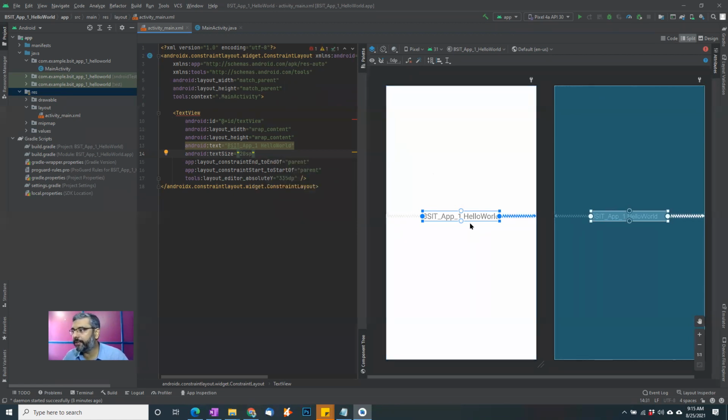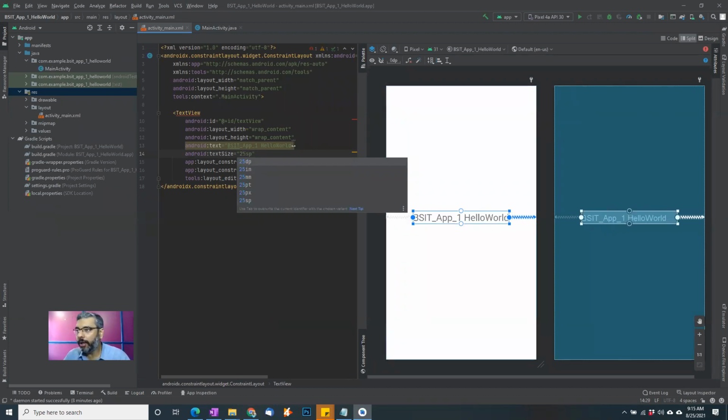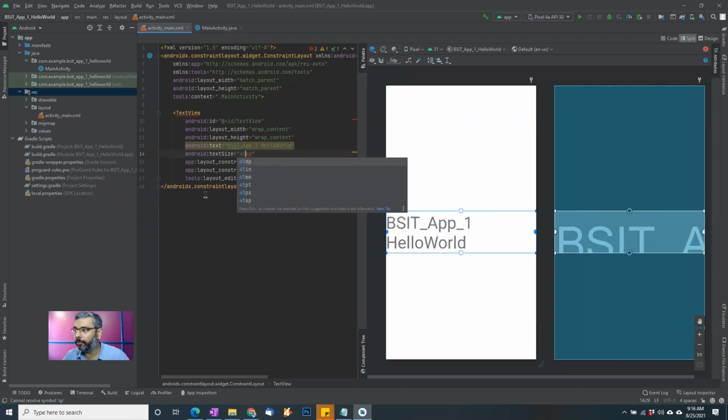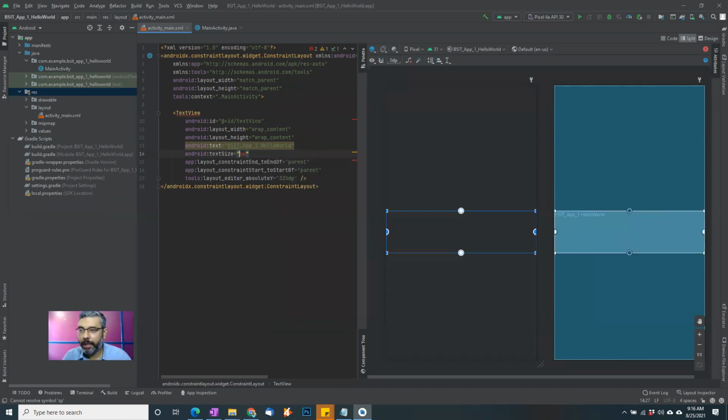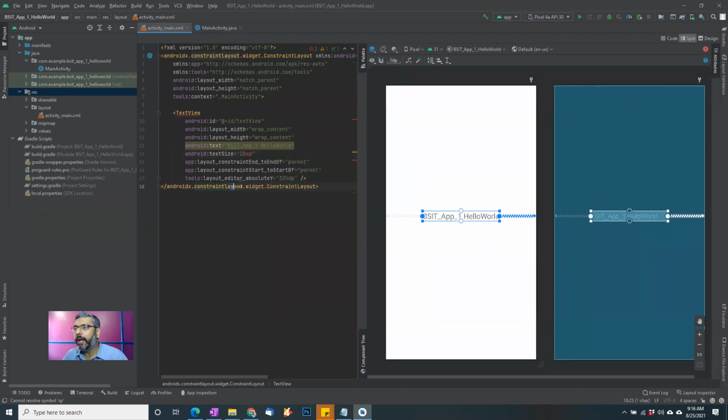Okay. So you can see the text size has increased. For example, if I give it 25, it becomes even more. I can give it, for example, 45. So now it becomes even more. Too large to be broken up. So I will just give it 20 size. Okay. Now 20 size SP stands for what we call